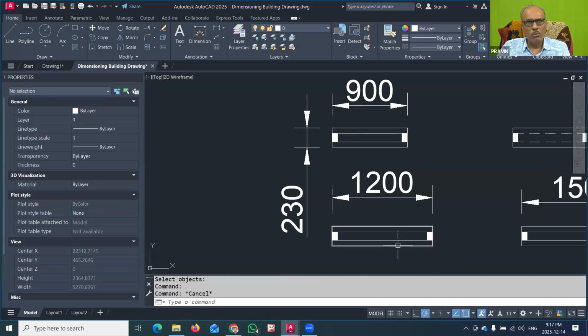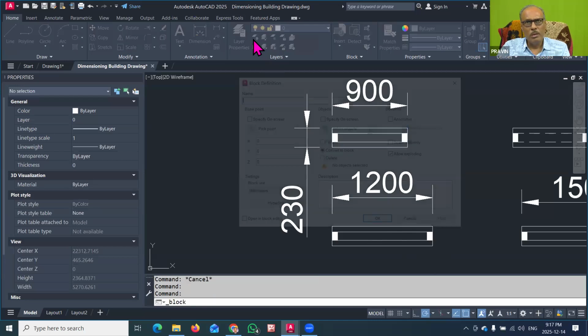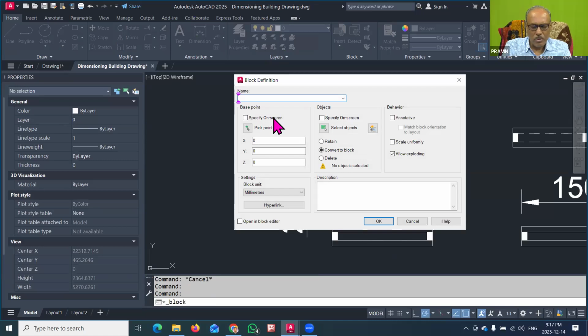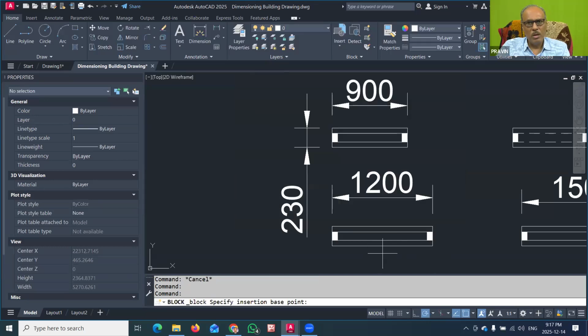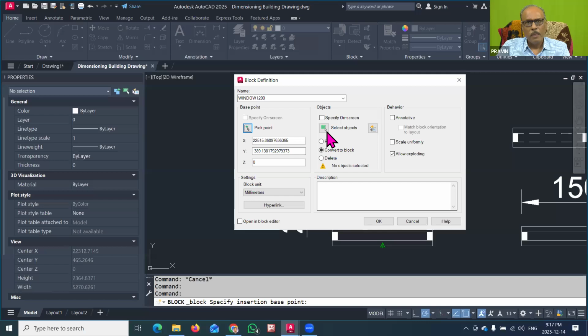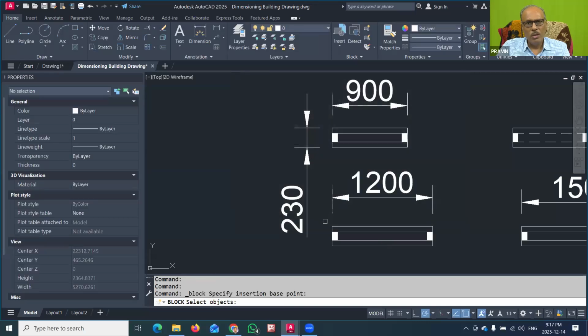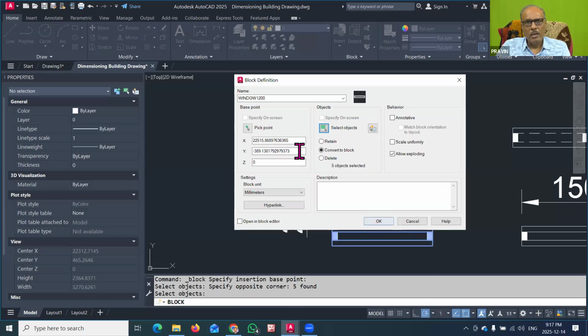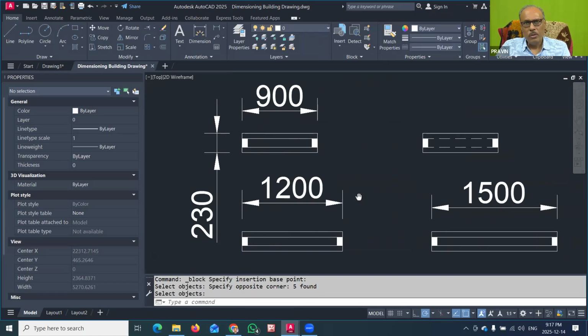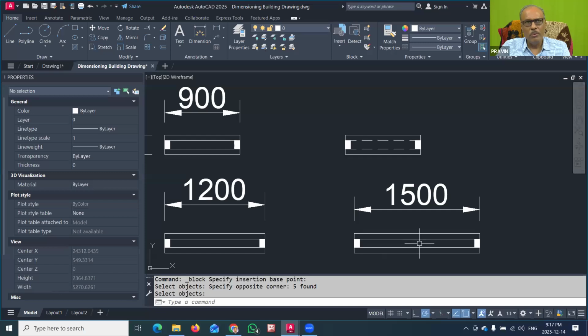Now the same we will do for the 1200 window. Again I will go to create block. Now I will type window 1200 because it is a 4 feet window. Click on the base point, the base point will be this point. Then select objects, so only select this much part of the window symbol. Press enter, convert to block, and click OK. Then similarly we will do this for the third window.